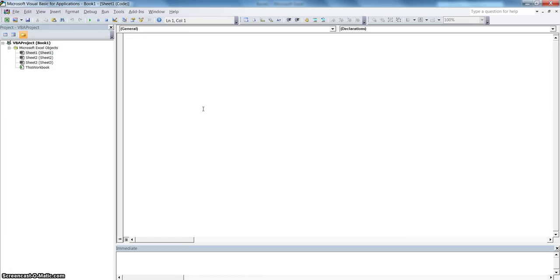To write any macro, we just need to have a subroutine. For writing a subroutine, just start with Sub and the subroutine name. In this case, I am giving DemoWorksheets. Here we will be writing a code to add a worksheet. So to add a worksheet, the syntax will be ActiveWorkbook.Sheets.Add,